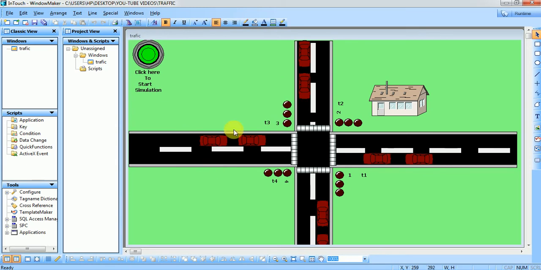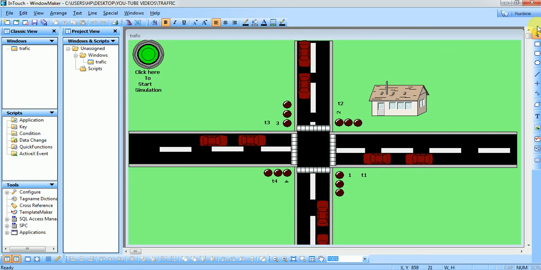On the screen you can see we have some vehicles on the road, and we have 4 sides. This is T1, the first side, T2 the second, this is the third one, T3, terminal 3, and terminal 4. These are the ways in which our traffic light signals are going to be simulated.